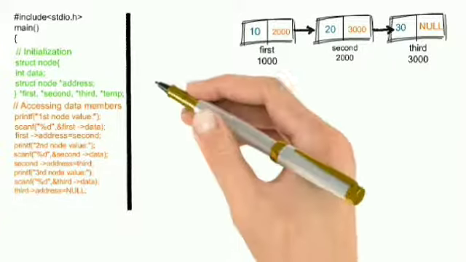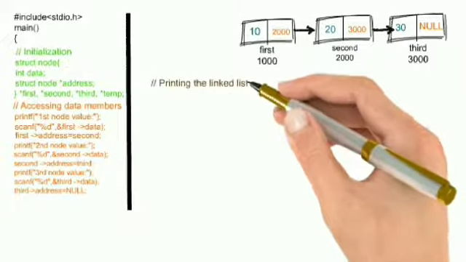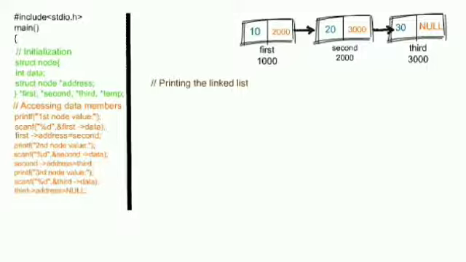Finally, in this part, I'll show you how to print the members of the data. We have to print the value of the data field by traversing across the three nodes, so we need one more variable *temp, which I had initialized already. To place the temp in the first node's address, we simply assign temp equal to first. We have to print the values until it tends to NULL, so it is better to use a while loop. The condition is while temp not equal to NULL.